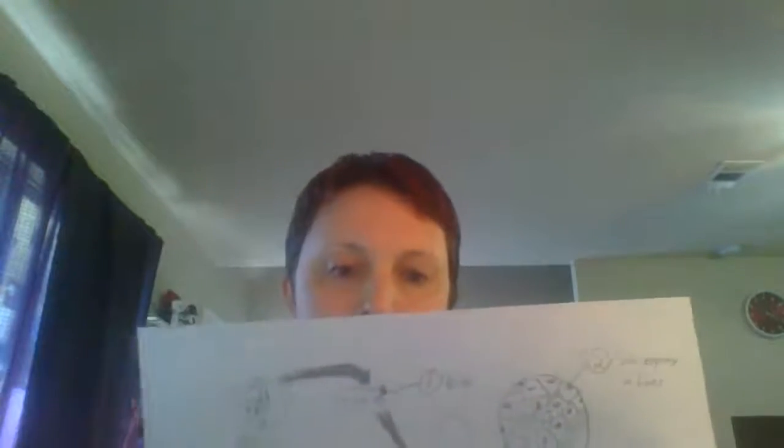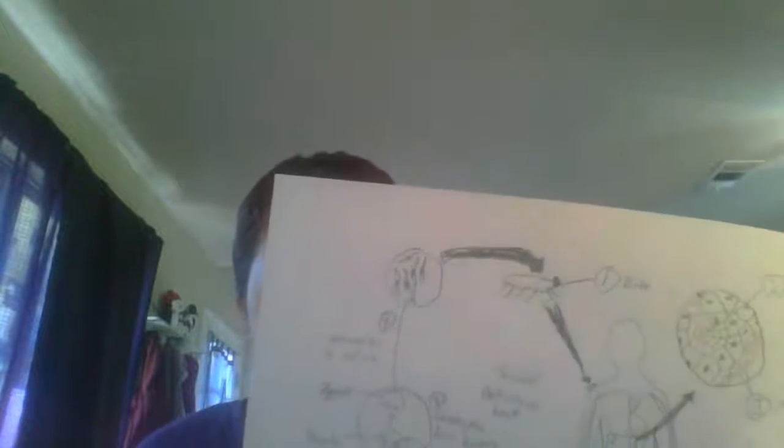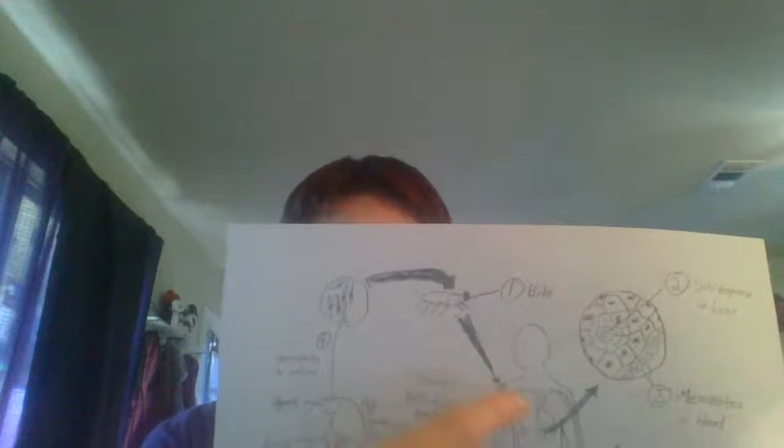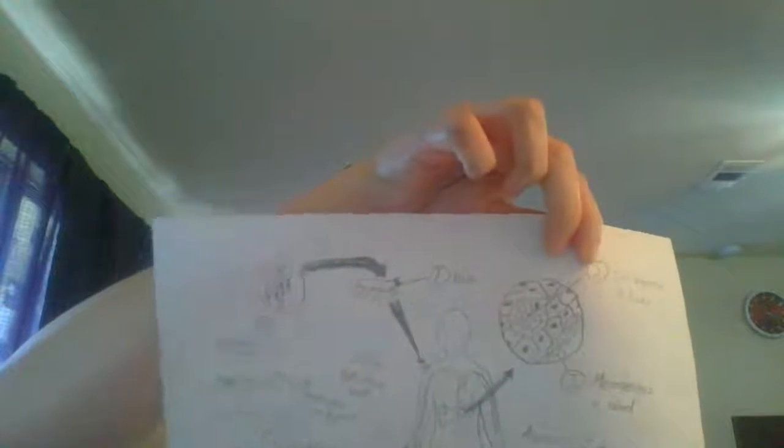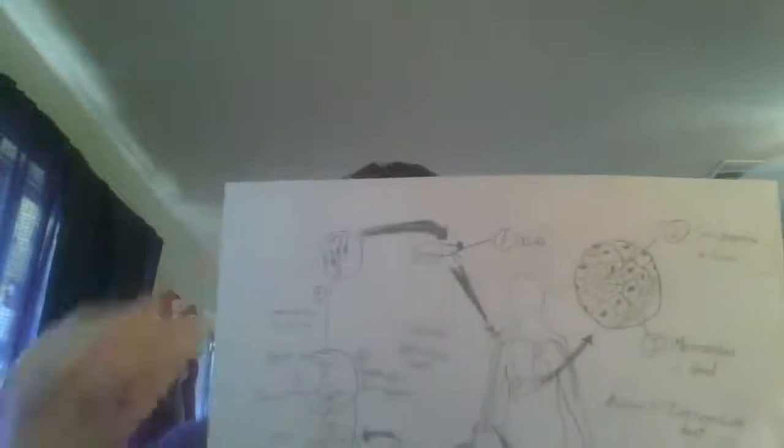All right, so now we're going to get into the life cycle here. We're going to start out with number one, which is when an infected mosquito bites a human. Whenever the mosquito bites the human, the parasite is released into the bloodstream and it travels to the liver. So number two is when we're in the liver, and it is where the first round of reproduction happens, which is called